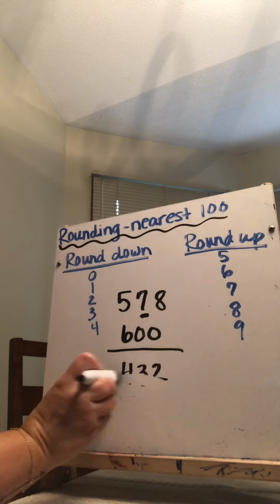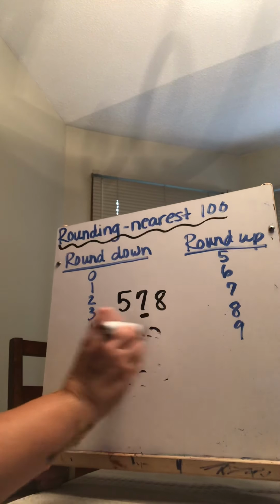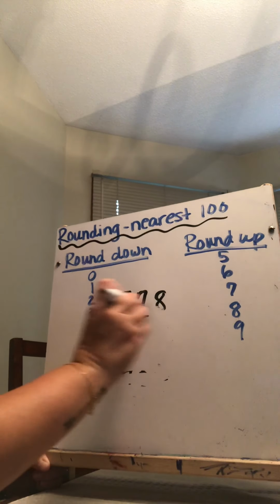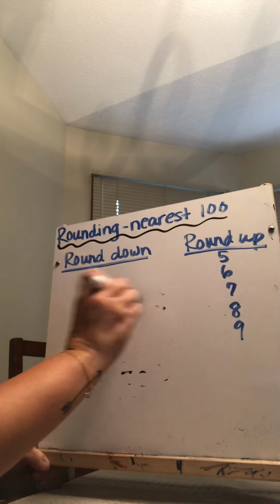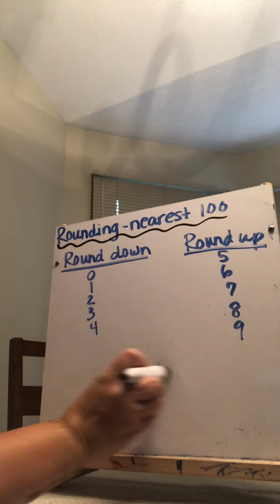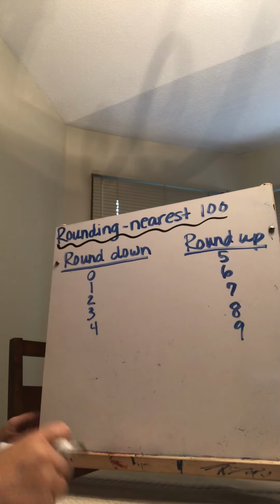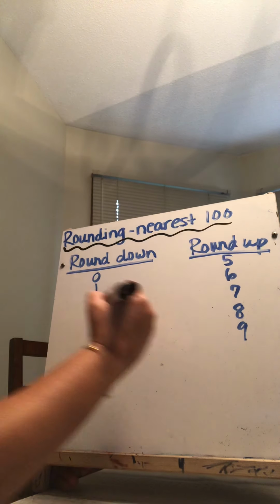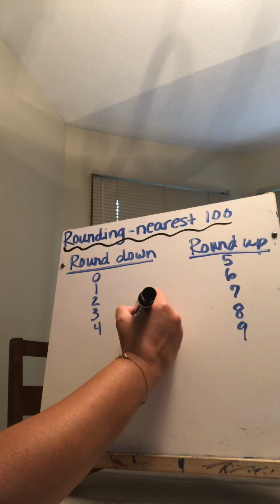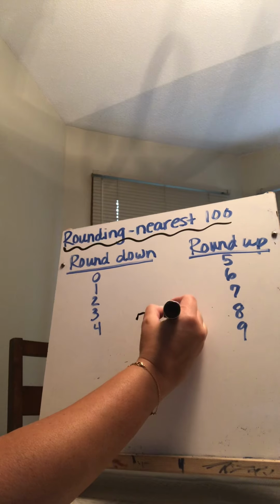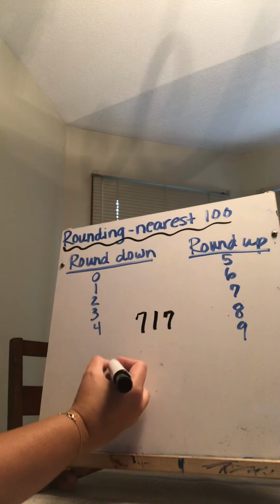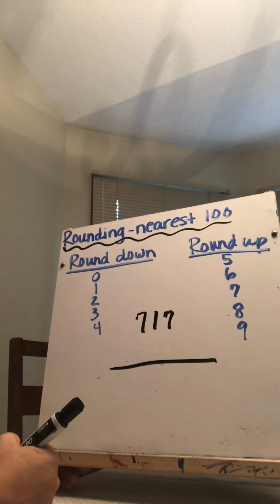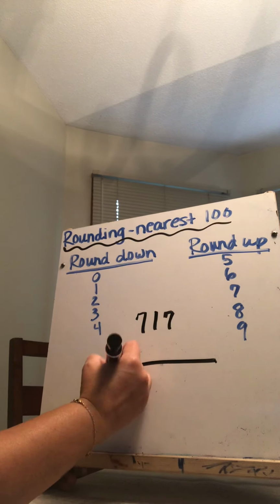Just like we did when we were rounding to the nearest 10, we talked about making a number line. And sometimes that visual practice helps us be able to round in case we forget these numbers. So let me show you what I mean. I'm going to have the number 717. I'm going to draw a small number line, and 717 comes between